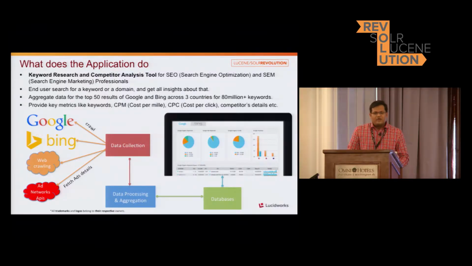After that, we apply a lot of processing, and it takes almost 10 days. Then we store this data into databases, and whenever a user makes a search, like you can see on the dashboard, they can see which position this particular keyword is coming in on Google, and such information.